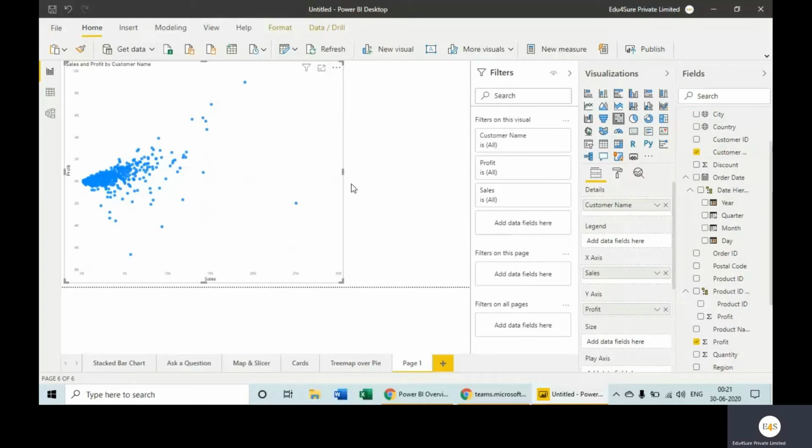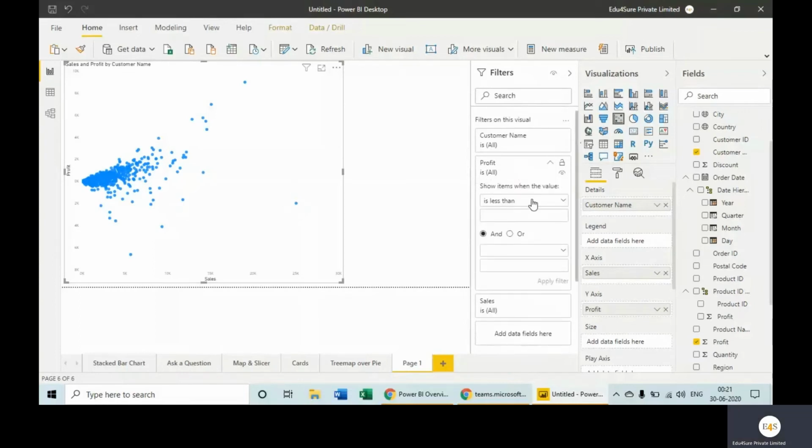So basically, if we want to show only the customers who have given us the profit, we have to remove this section from here. So how to do that? Simple, filters pane. Here comes the role of this particular pane. How to go about it? We need to put a filter on the profit. So we'll go here, profit is greater than 0. We are saying whenever the profit is greater than 0, apply filter.